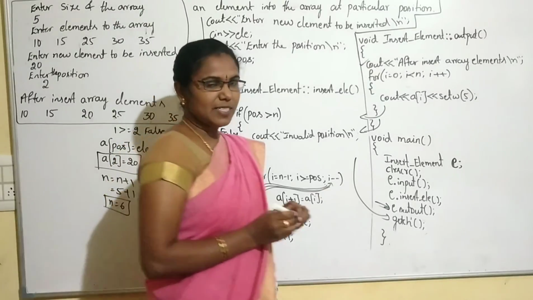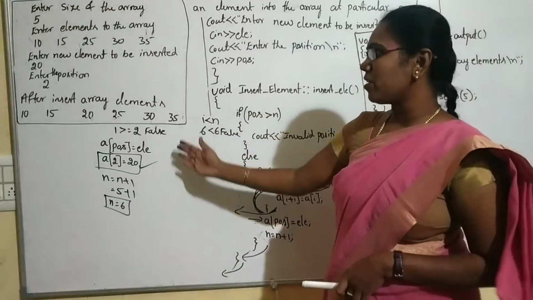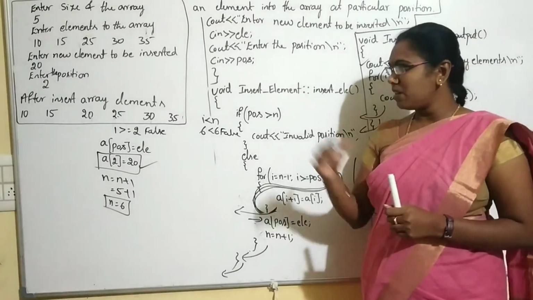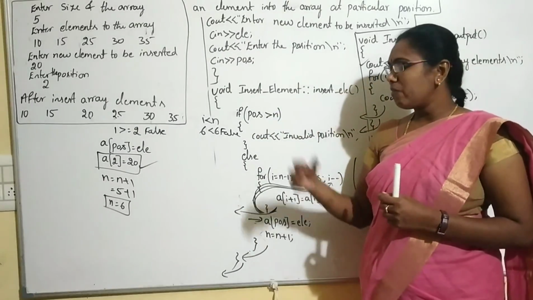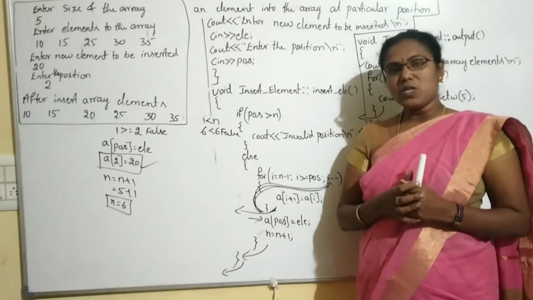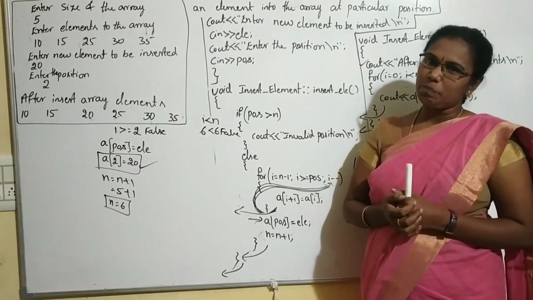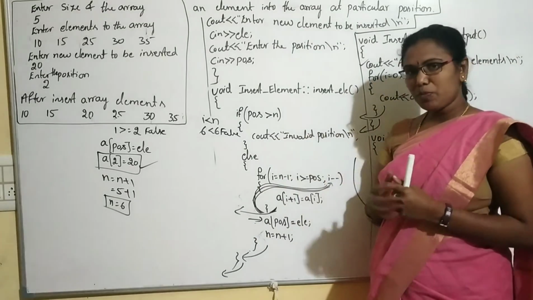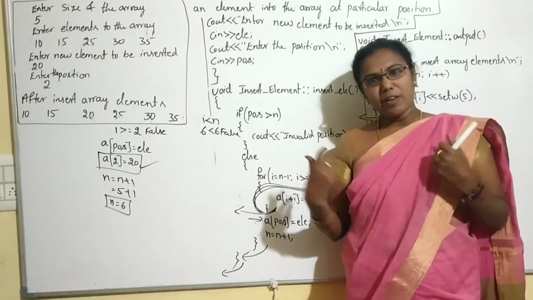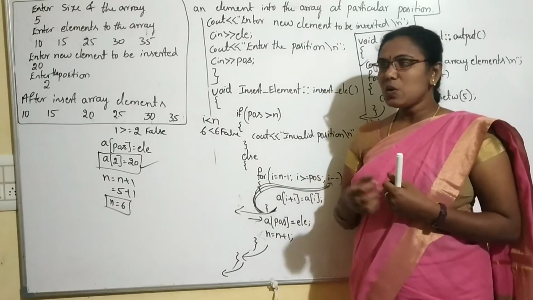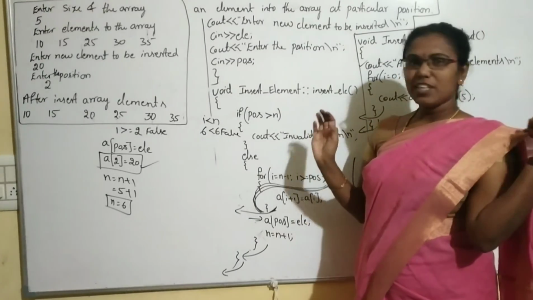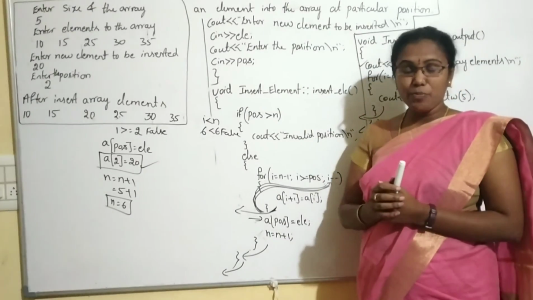Students, do you understand how an element can be inserted at a particular position? Here, this is very easy because I will trace out the program. Once the program is traced out, you definitely understand how the program will be executed and how the output will be generated. That's why I trace out the programs. The students very easily grasp the program and each and every step will be clear. So try to execute this program on the computer because there are no errors. It is an error-free program.